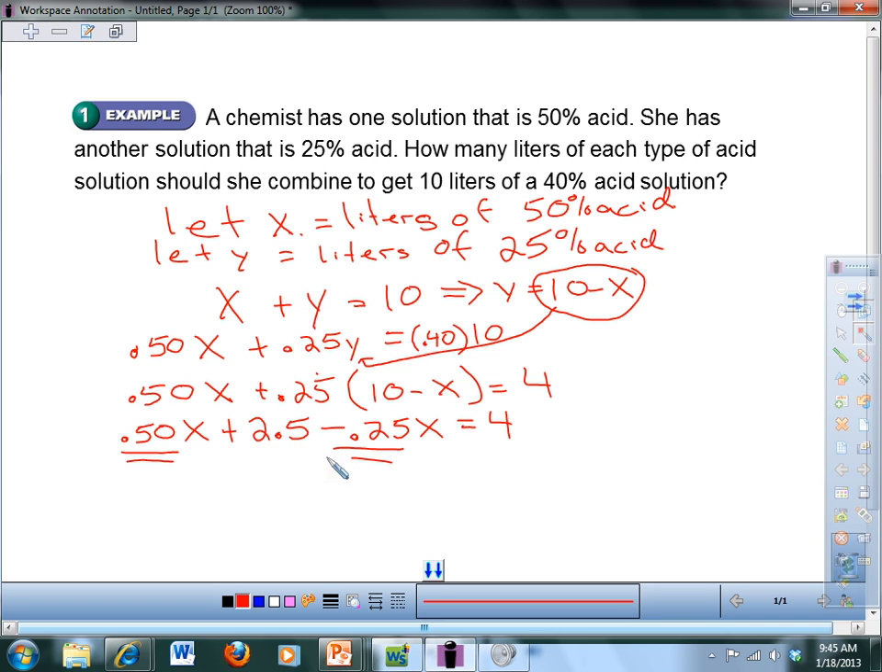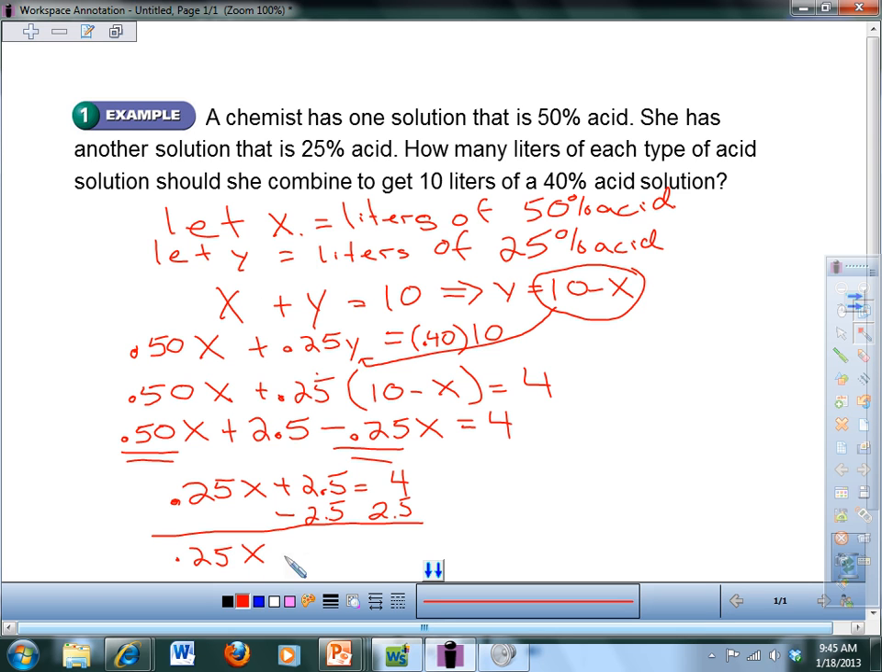You have 50 cents to take away 25 cents. How much do you have left? 25 cents. So 0.25x plus 2.5 equals 4. And then you subtract 2.5 from each side, 2.5. And you get